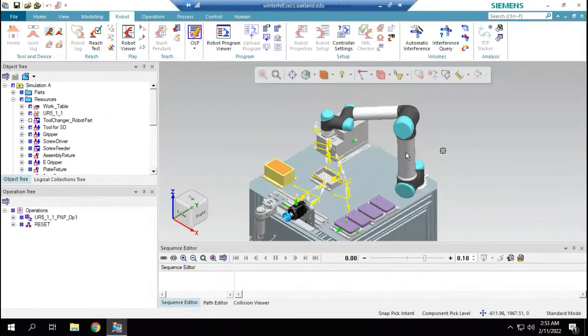Okay, so now here we have a robot, and what we are going to do is that we have created some operation in Process Simulate, and we will generate a robot code for this robotic task, and then we will test this code if it works or not in a real robot controller. So how we will do it is that